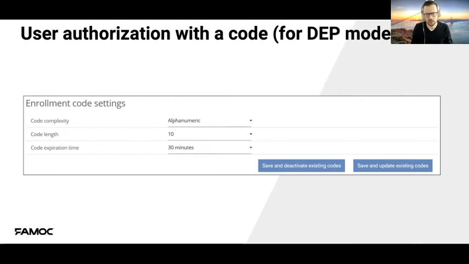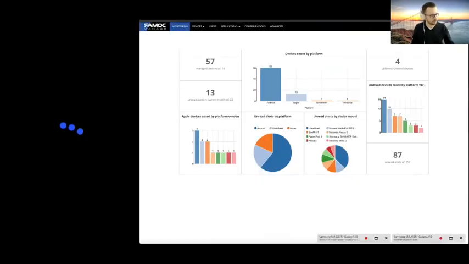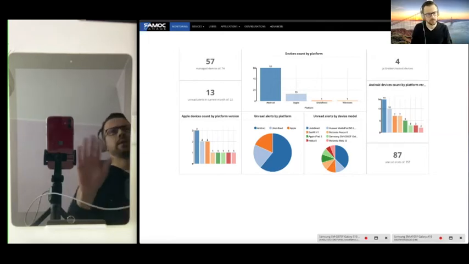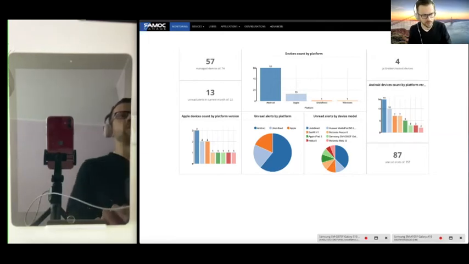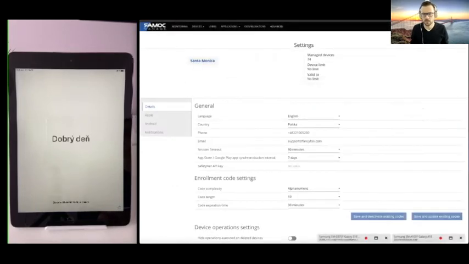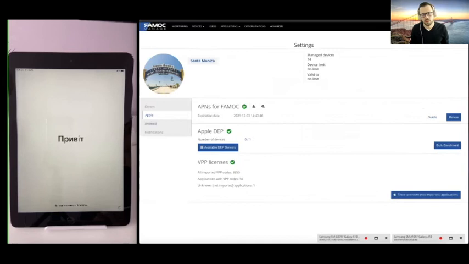So let's have a look at how it looks in FAMOC and on the device. Here is the FAMOC console. On the right and on the left, you should see the camera with the real device, with the real iPad. So let me open the settings in the FAMOC administrator console. Okay, let's go to Apple